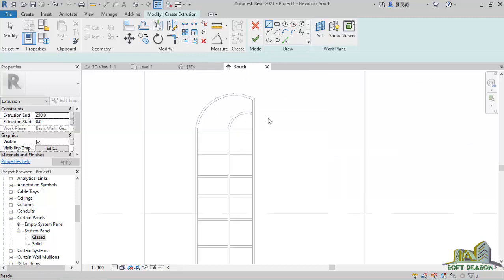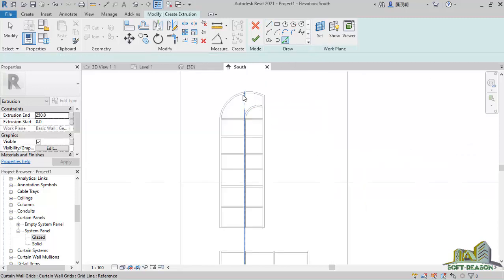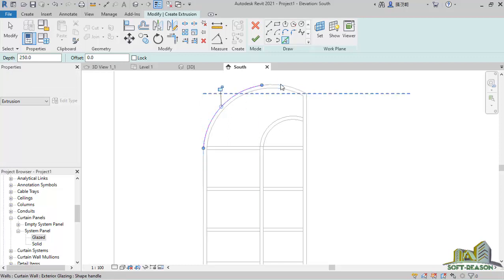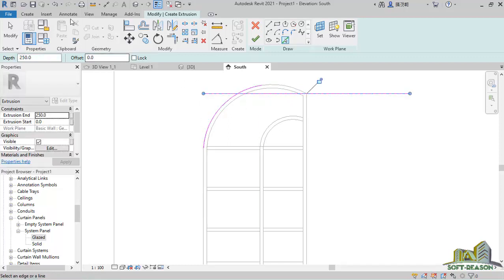Go back to the south elevations, just pick this one, and if you try to select this, it will be giving you issues. If you're having issues selecting, just hit on the tab key, you'll be able to select it just like this. Sorry, selected it wrongly. Hit on the tab key and then select that,